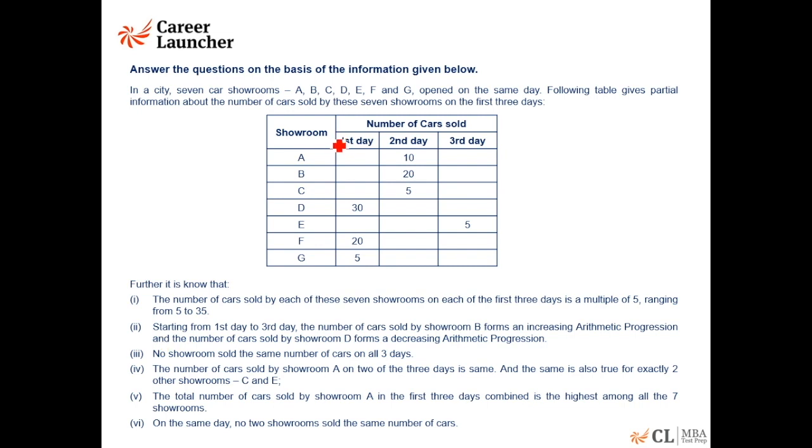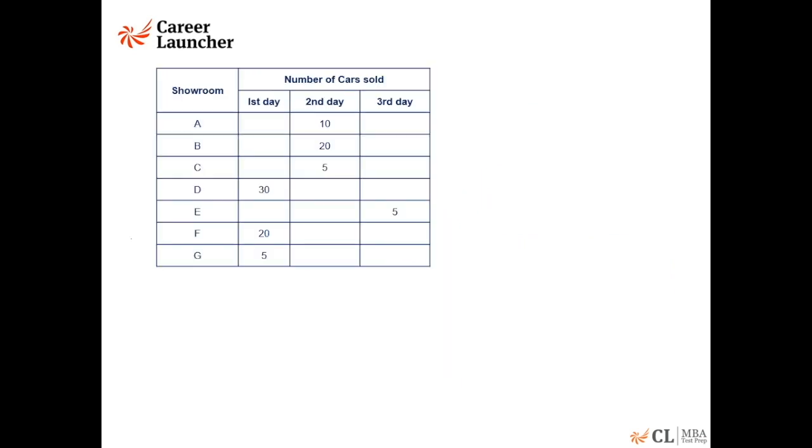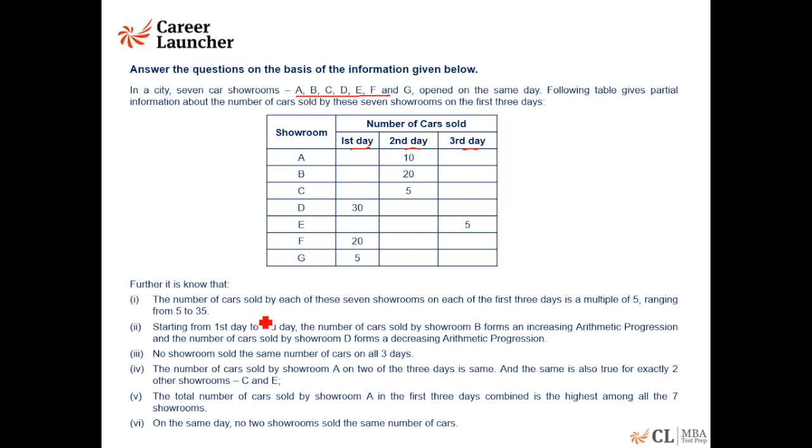Okay, the car showroom question. There are 7 showrooms, with cars sold on 3 different days given for some of them, and the balance we need to fill up. Let's go through the data. But before that, a quick look at the question will tell you that question 1 is a definite answer. Question 2 indicates you may not be able to fill up the table completely. Question 3 also hints towards that, but we cannot be sure. So there's a data set on which the choices may not be of much use. Okay, so let's start filling up the table.